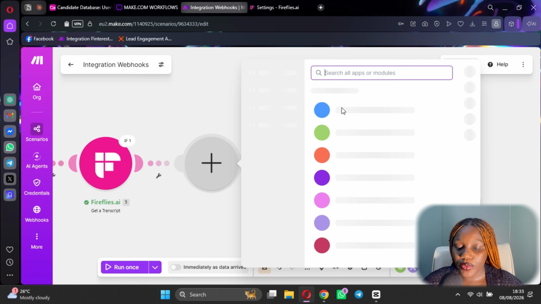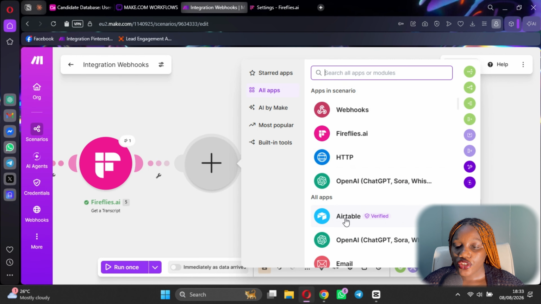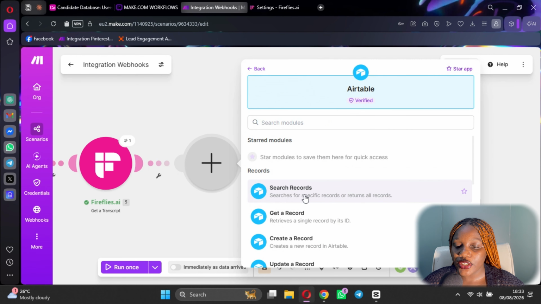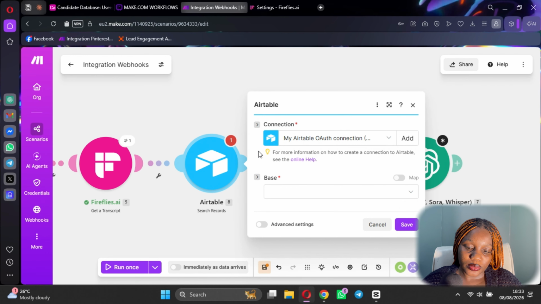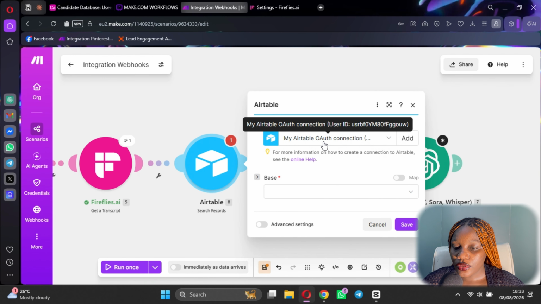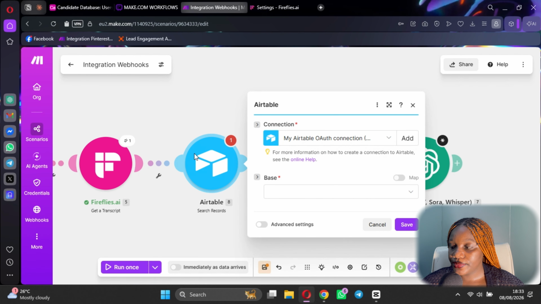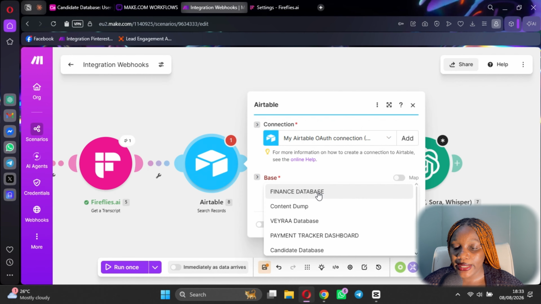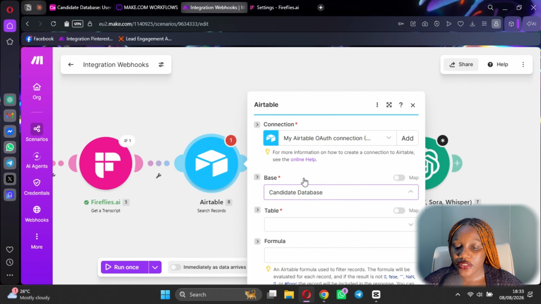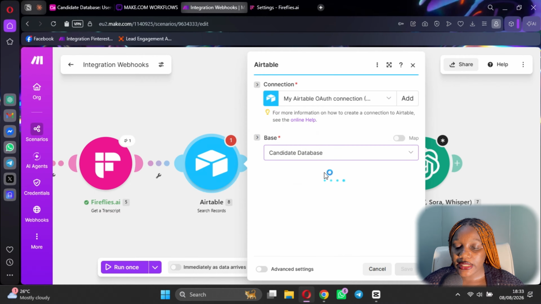We're going to add a module here. What we want this module to do is search our database and bring the candidate for us. Of course, this can be your ATS. So what we want is for you to search the ATS or your database and bring the candidates for us. Like I said, this can be your ATS. In this case, I'm using my database because I don't have an ATS. So I'm going to do the candidates database here,